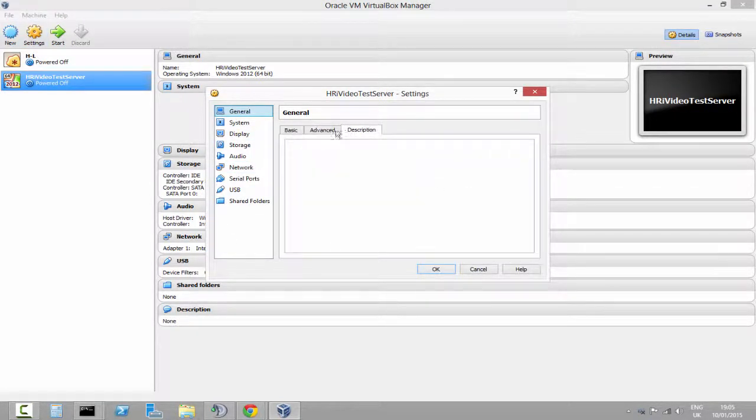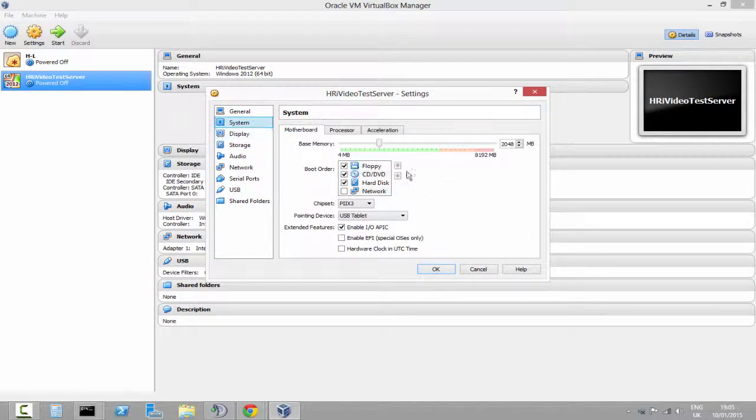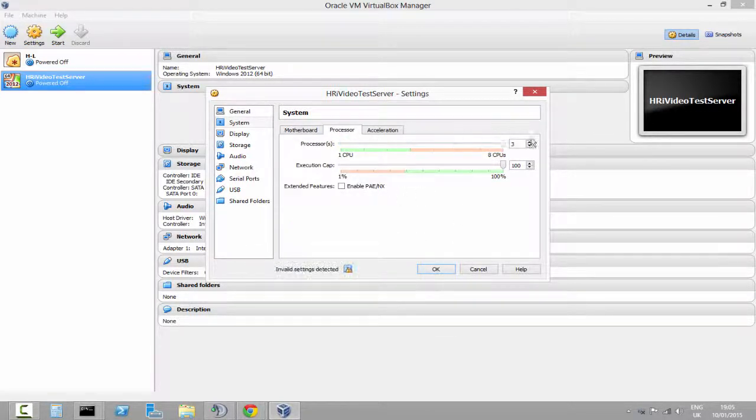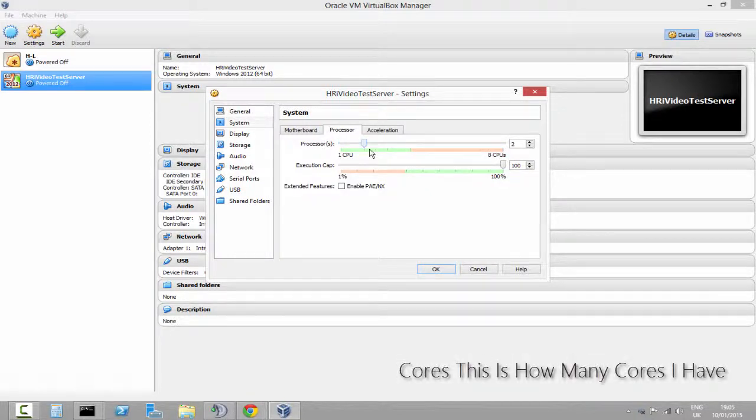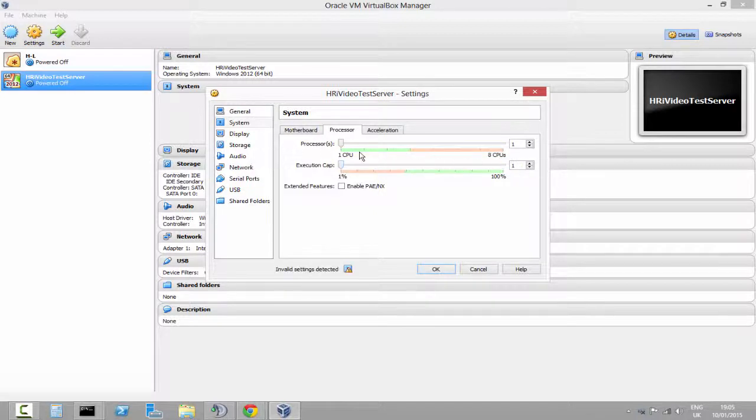So here you can mess with all kinds of things. In System, you can change the amount of RAM, you can choose the boot order, so hard disk, then CD. No one uses floppy disks much. The chipset type it's using, pointing devices, all the extended features, processors, so 4, that's how many processors I have. And this is how much of the processor it is allowed to use at any one time. For now, I will set it to 75%